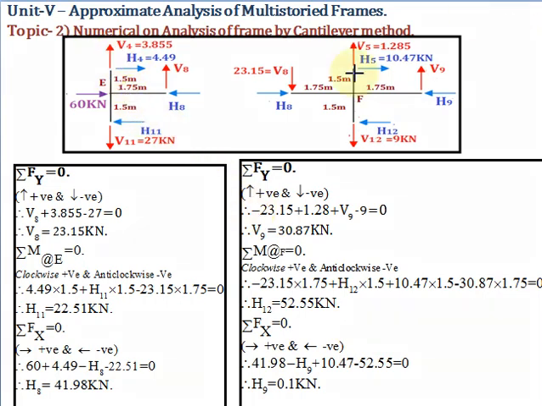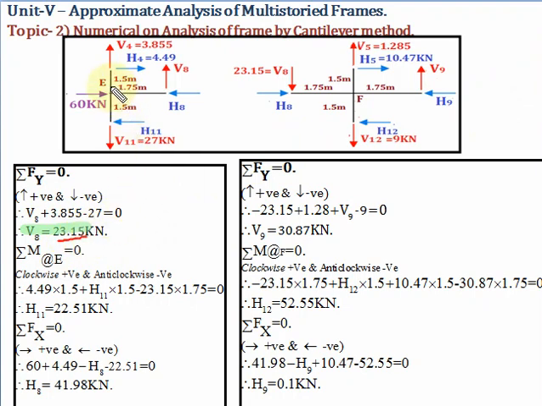Now here the forces that are known to us are V4, H4, and V11. What are the unknowns? H11, H8 and V8. Now in the equilibrium equations, we apply the first equilibrium equation, summation Fy equal to 0. Consider force acting upward positive, downward negative. So V8, where is V8? Here. It is acting upward, positive. Which is the next force now? 3.855. It is acting upward, positive, and 27 acting downward, minus. So here we'll get the value of V8. What is the value of V8?